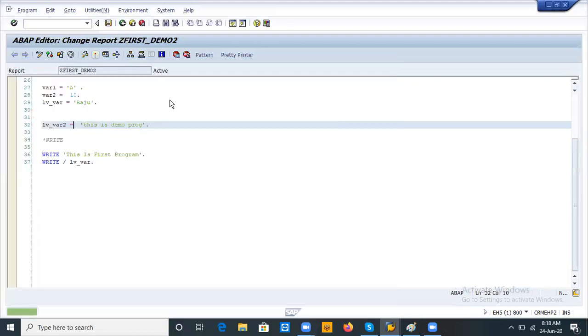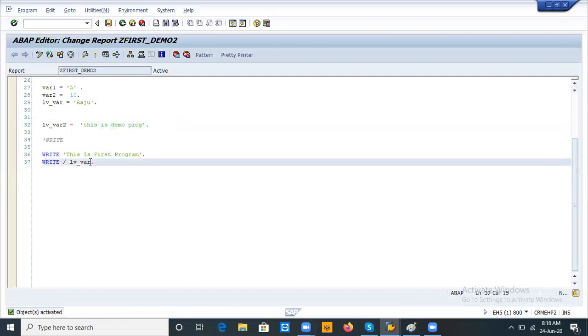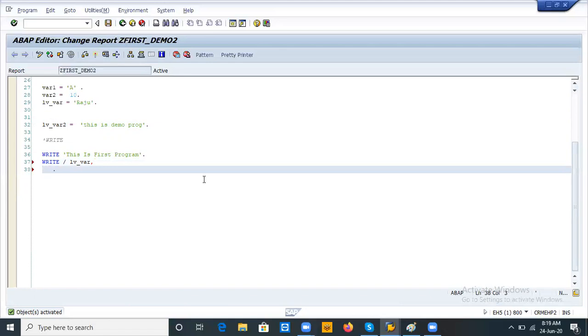Like this you have to write. I want to show this variable 2 again. See, here I can give a comma, and here I will write LV underscore variable 2. But here it is showing red. Why, do you know?